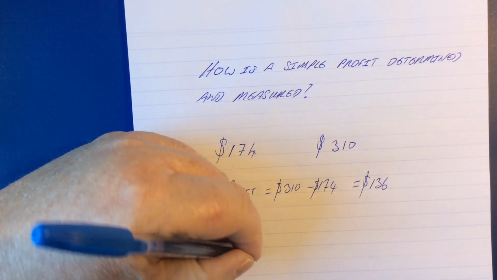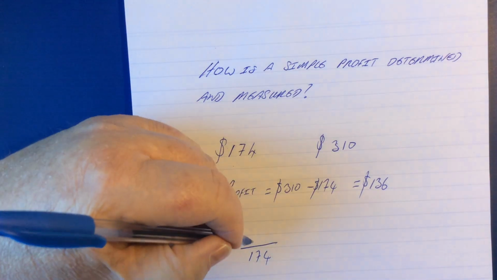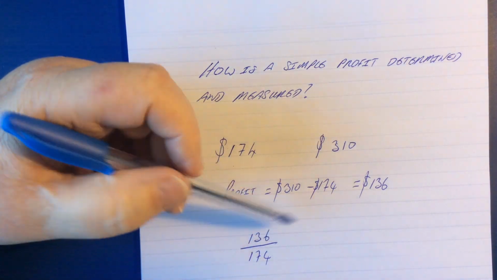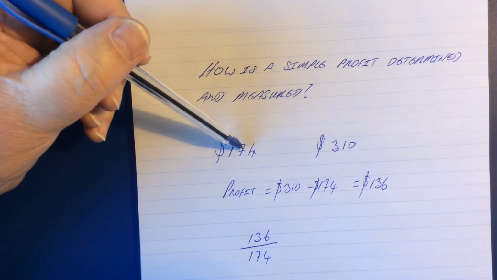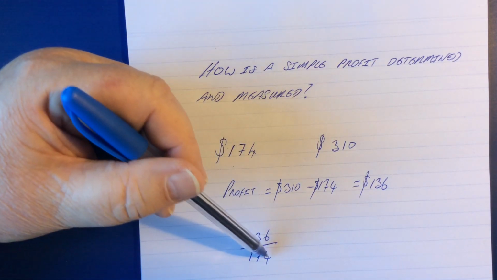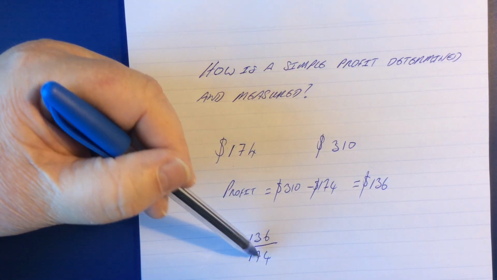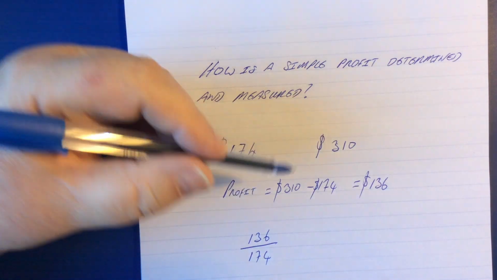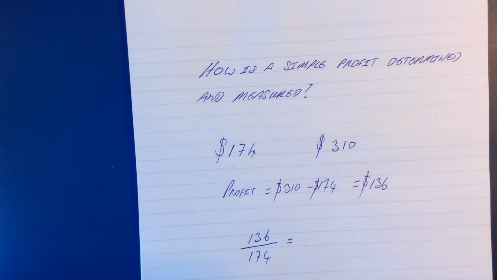and it forms the denominator of a fraction. And what we're trying to measure is how much this is of that. So it is 136 over 174. Now, normally, because you've got a fraction ending in even numbers, you try and simplify that, but that's not what we're about here. What we're actually going to do is divide